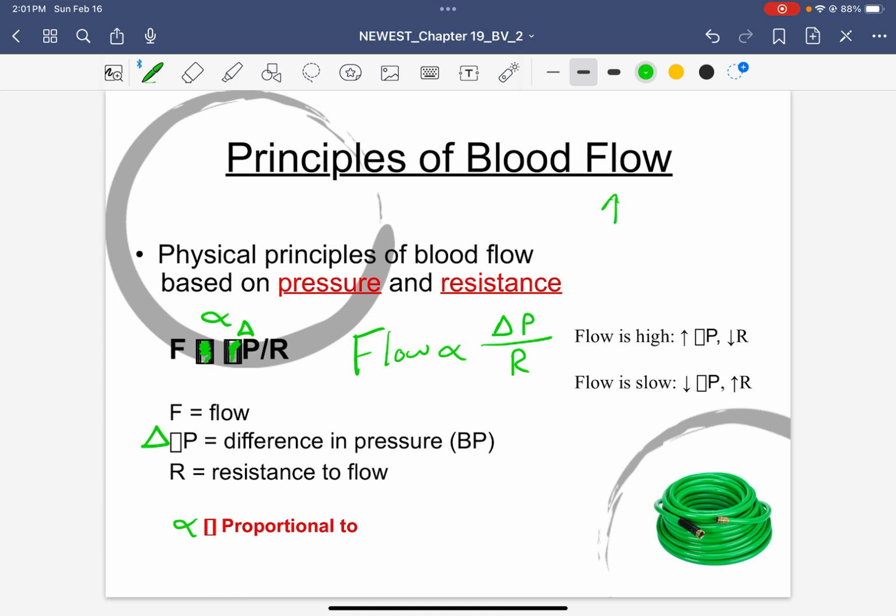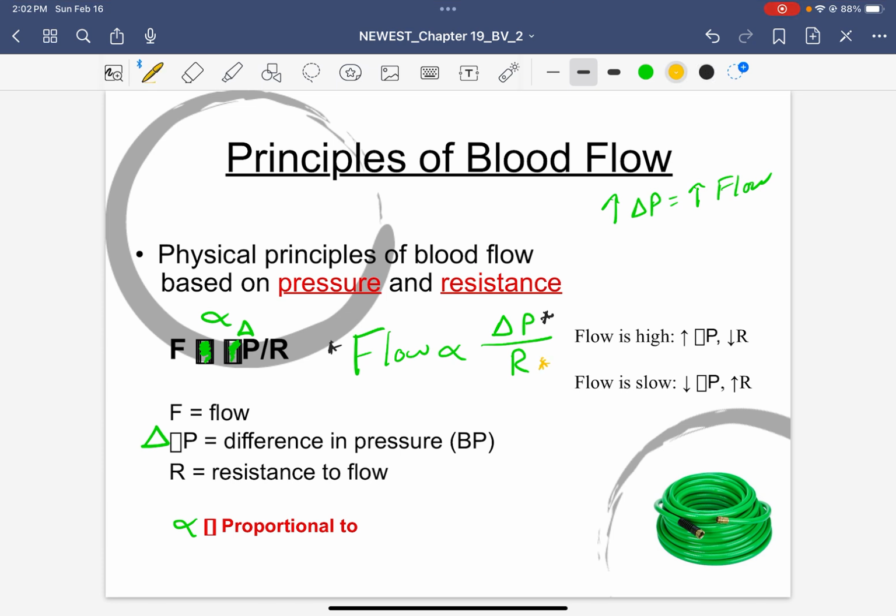When there's a high pressure gradient, there's a high flow. Whatever is happening here is happening here because change in pressure is on the numerator. When there's a high pressure gradient, there's more blood flow. Think of water moving down a river. When there's a bigger pressure gradient, when it's a steeper hill, doesn't blood or water move faster? When the heart pumps harder, with more force, there's a bigger pressure gradient between the heart and the vessels it's pumping into. So the bigger the pressure gradient, the more flow. However,